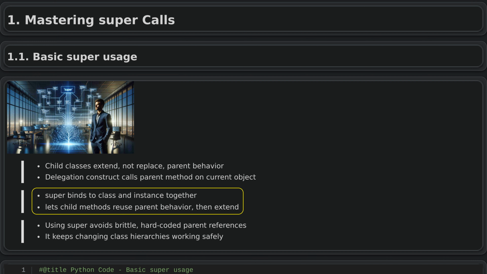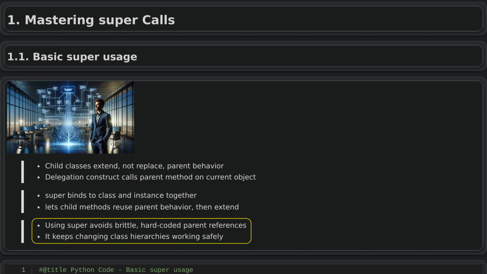This allows the child class to extend the parent's behavior without needing to know how the parent is implemented internally. Using a delegation mechanism instead of directly naming the parent class makes code more robust and easier to maintain. Hard-coding the parent's name creates fragile dependencies that can break when the inheritance structure changes, such as when a new base class is added. Delegation automatically refers to the next class in the chain, so the code adapts to these